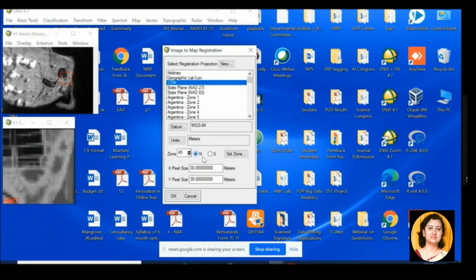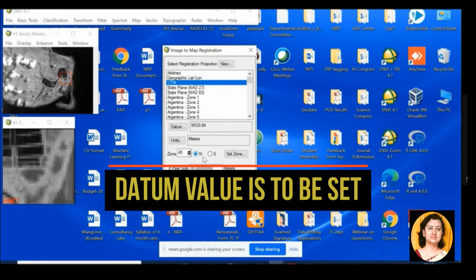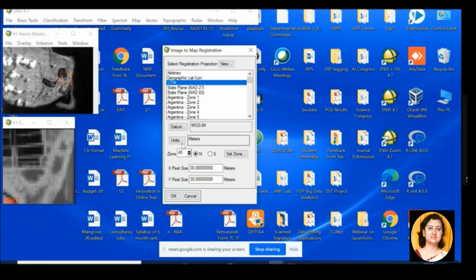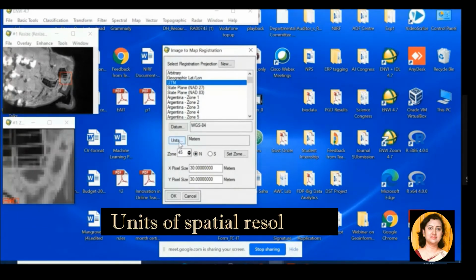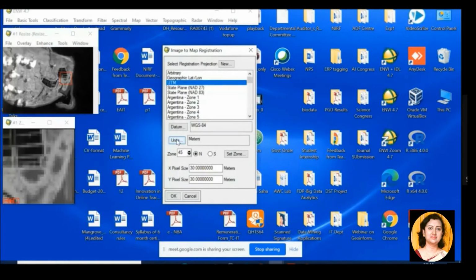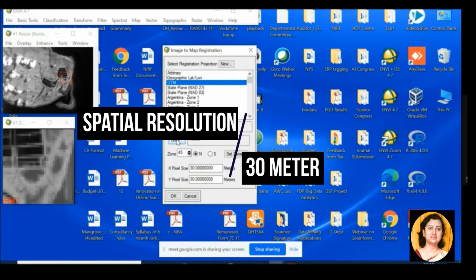I know this, so that is why I'm directly putting it. If the area is unknown to you, then you have to find out, and then you can put the values over here. Units is meters. Units means the spatial resolution of the image. The spatial resolution of this particular hyperspectral image is 30 meters.